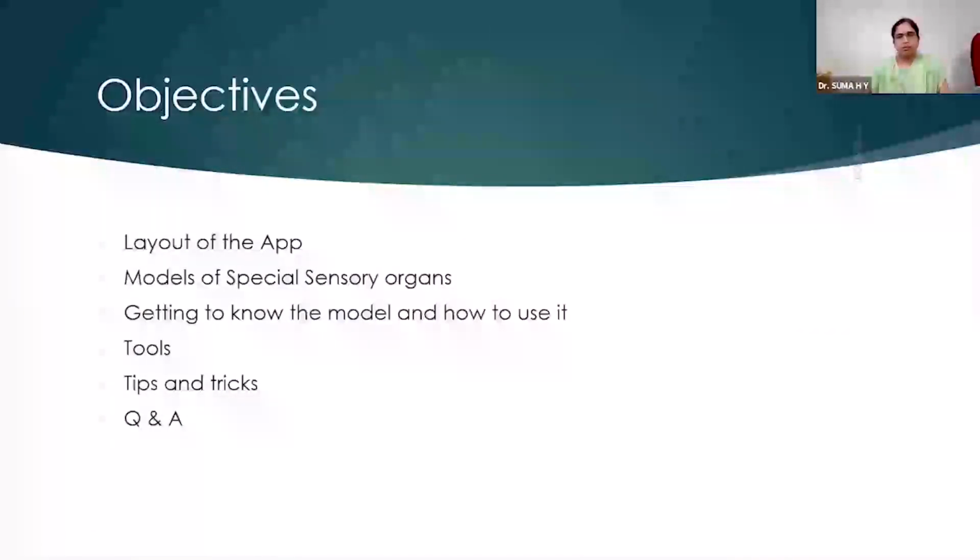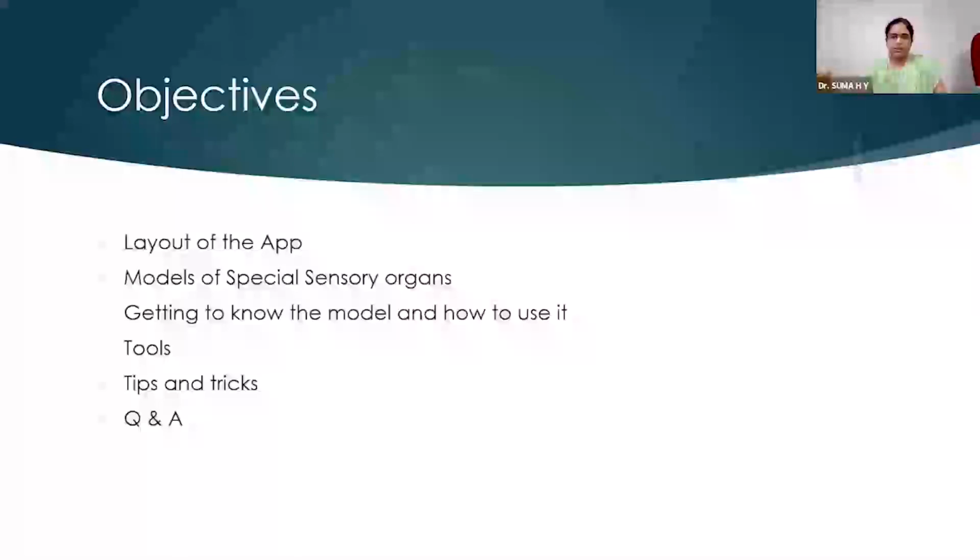Today's presentation objectives will be to know the layout of the app, and since the topic for today is models of special sensory organs, I'll be showing you a few models which I have modified or prepared myself.